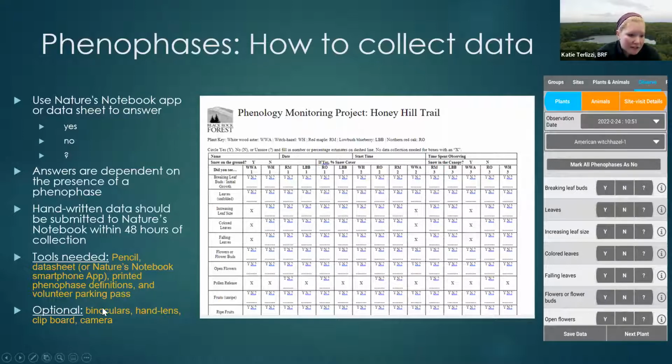And then, like I said, binoculars are optional, but very helpful for the red oak. And if you want, you could bring a hand lens to get a closer look maybe at the flowers or the buds of some of these plants. A clipboard if you're using the paper data sheet, and a camera is always really nice to have, especially if you have a question, like, is that a breaking leaf bud? I'm not sure, I haven't seen one in real life yet. You can take a picture and send it to Angie, Aaron, or me,